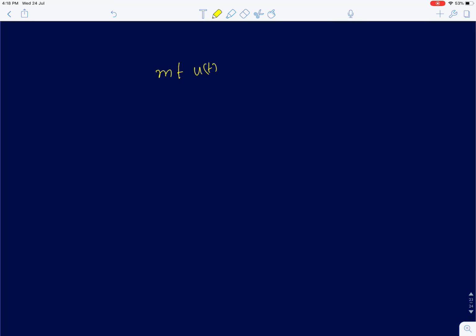Hi everyone. In this lecture, we will try to understand the behavior of first order systems to ramp inputs. So first I'll start with the definition of a ramp input. Here a ramp input is one that increases linearly with time, and here the ramp is assumed to have